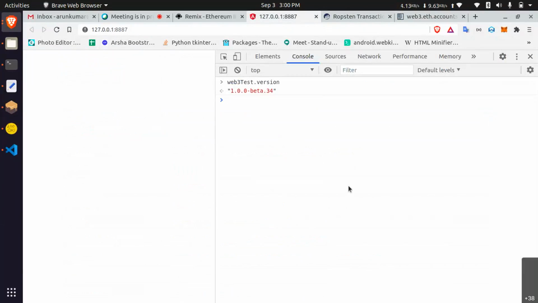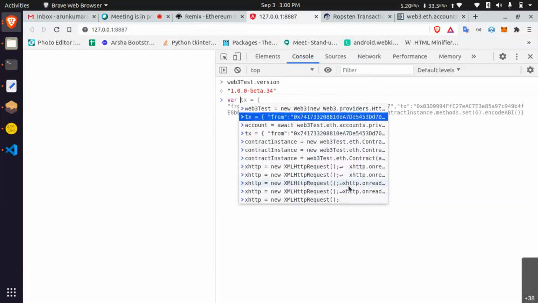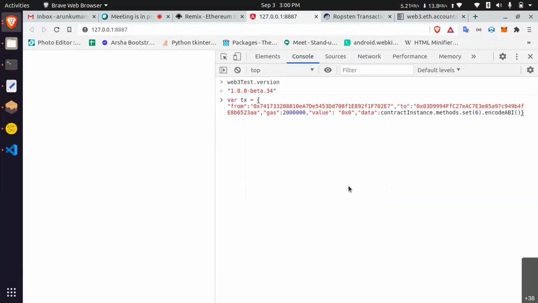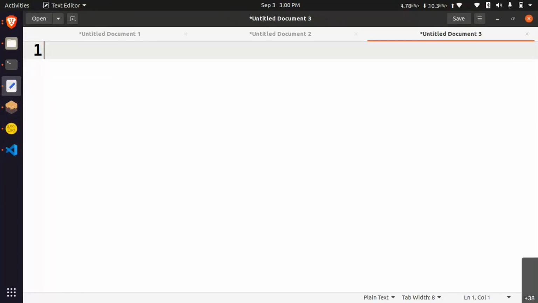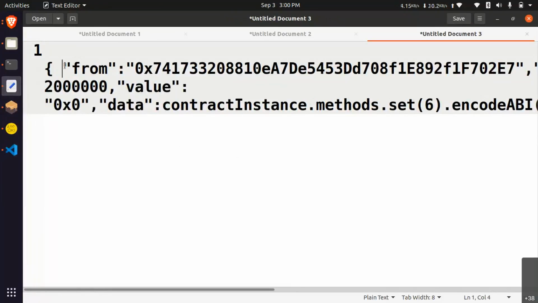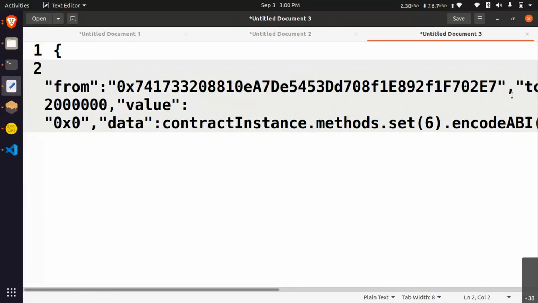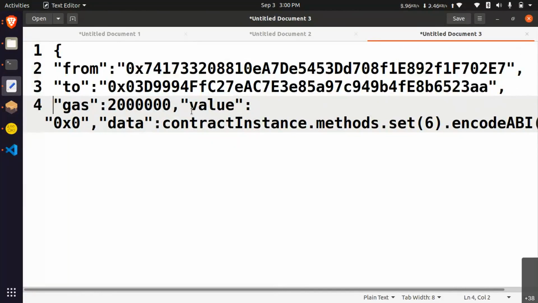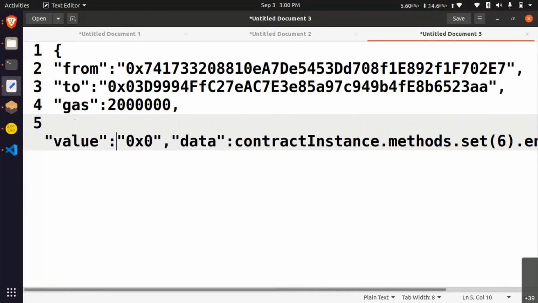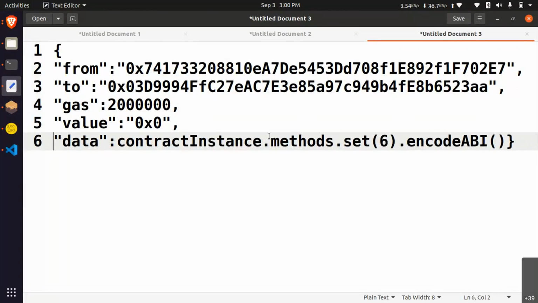Let's build where tx equals to, from, to, gas, value, data.